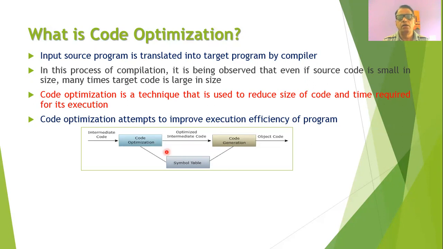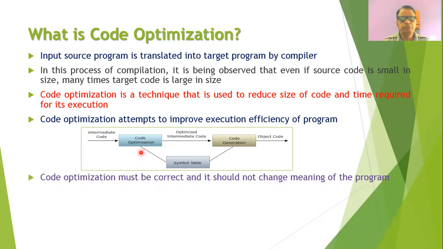In the compiler, the intermediate code is generated so that code optimization can be applied to it. Because if we directly generate the target code, then the optimization cannot be applied, and therefore an intermediate code is initially generated by the compiler so that we can apply the optimization techniques to the code.